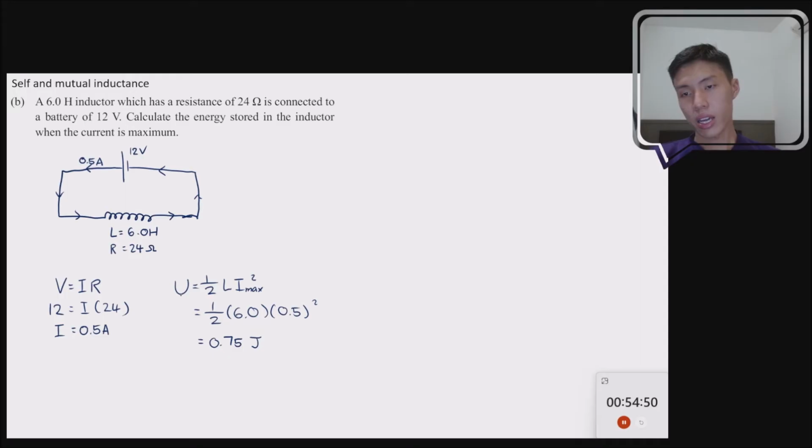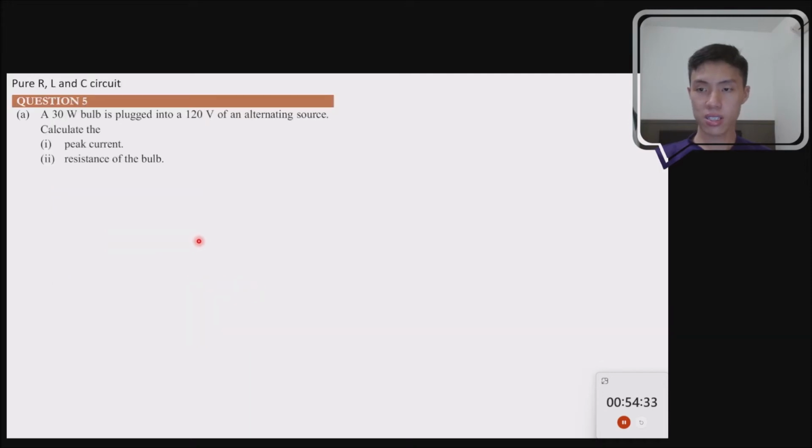Okay, and Imax here allows you to determine Umax, which is the maximum energy stored, which is 0.5 for its current. Okay, so that's it. That's the energy stored in the inductor when the current is maximum at 0.5 ampere. Next,